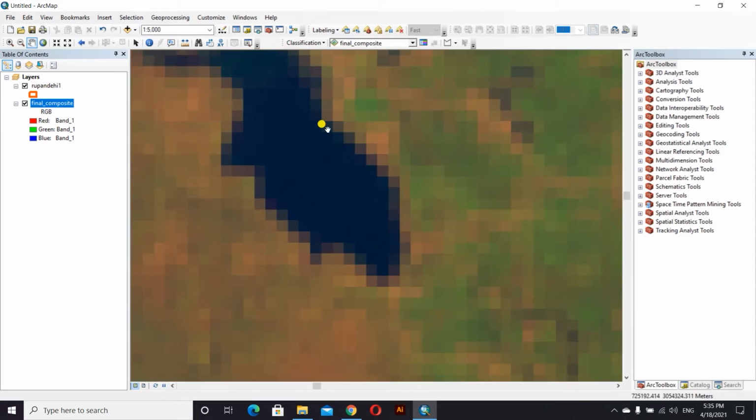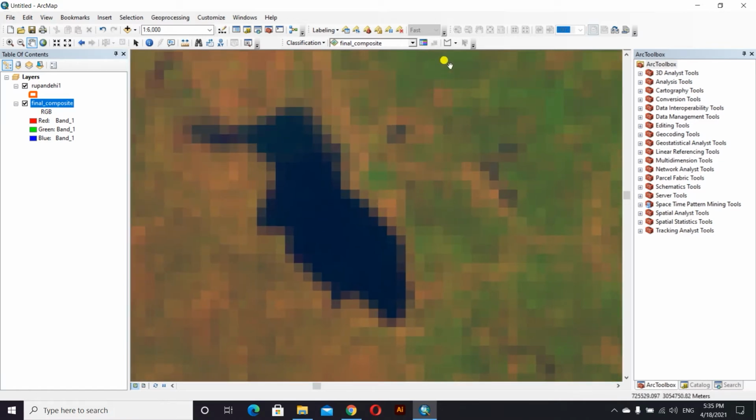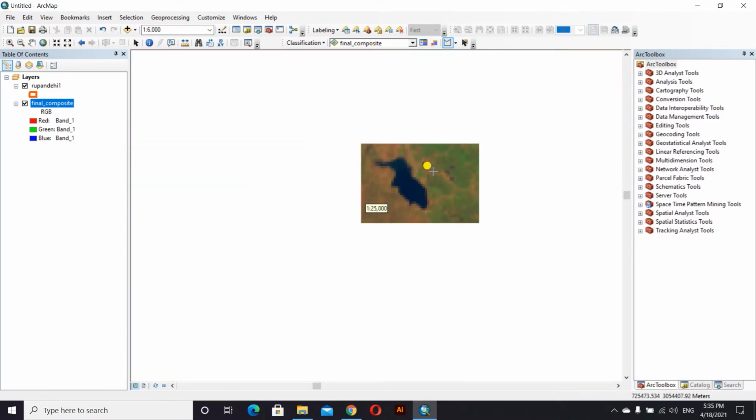For our first class, we will be adding a number of samples. For samples, go to this option in our toolbar, and in the toolbar we see a draw polygon option. Here, draw polygon, and then we draw this polygon to fit this. At the end, double click, and so this is the one.